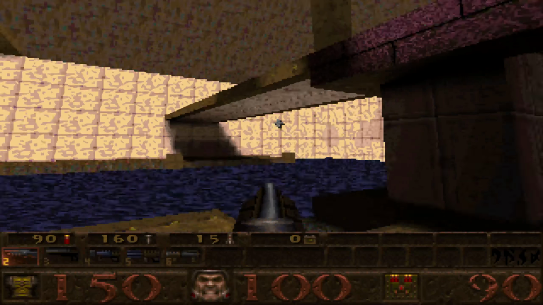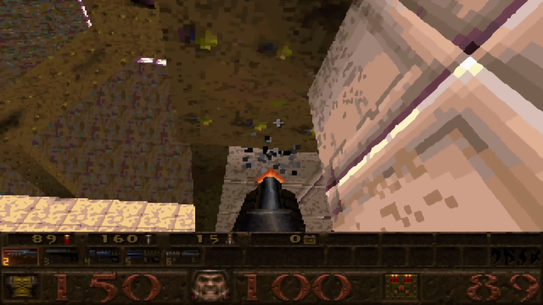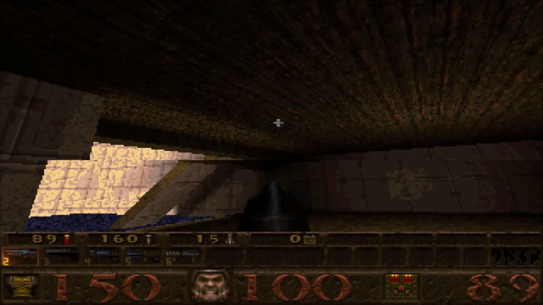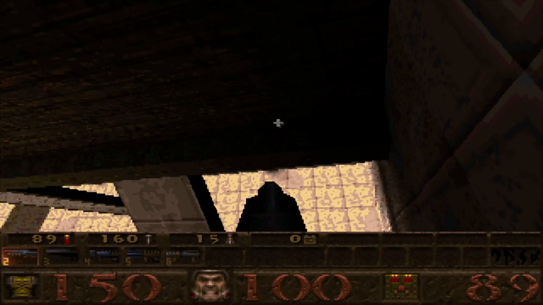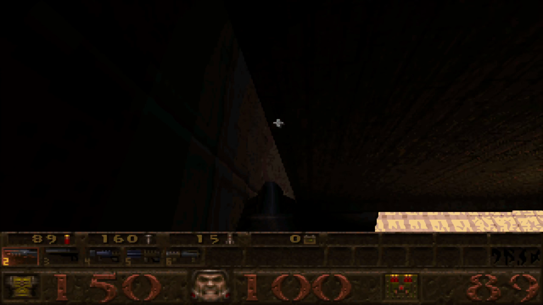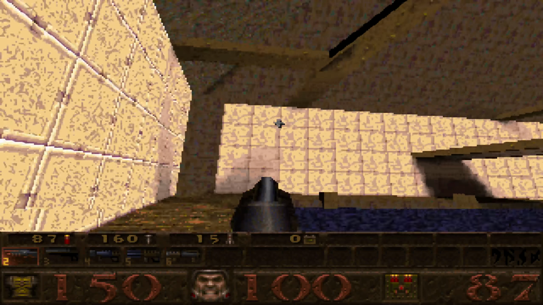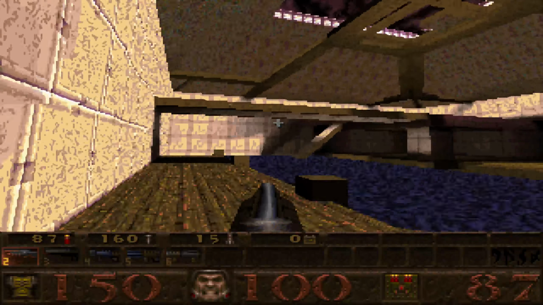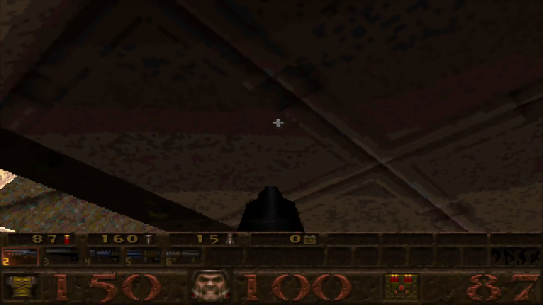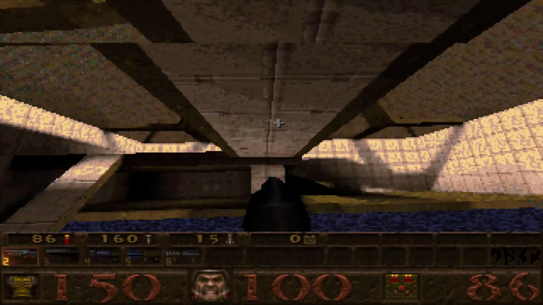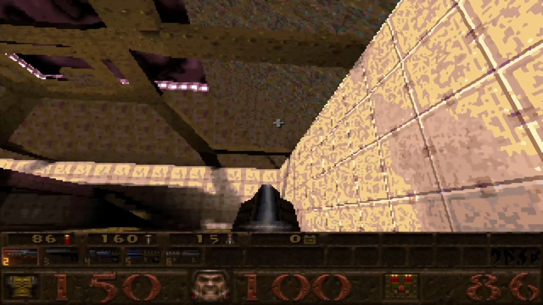Trying to think, like, maybe there's a button underneath here? Like, underneath one of these surfaces? You gotta think, like, underneath other surfaces. But I'm not seeing anything. Nothing under here. How does one get that to activate?